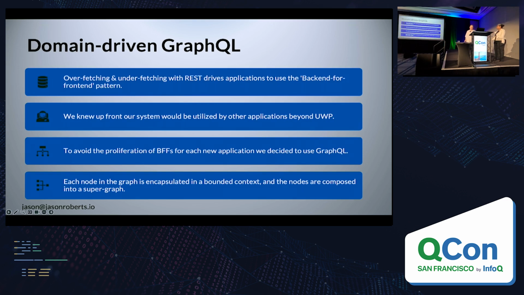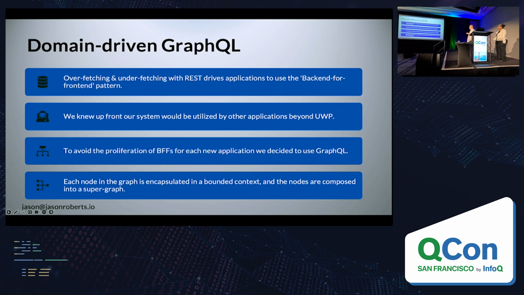And now I'm going to talk about how GraphQL fits into the picture. The main benefit for us is allowing us to avoid the proliferation of backends for front ends. You may recall that earlier we talked about how we had this API integration platform. It was very big and unwieldy. It had many pre-prescribed layers by the fact that it's an out-of-the-box solution, and there were many dozens of backends for front ends designed there. One of those silos we talked about. So to avoid that, that's where GraphQL comes in. And I'm just going to talk specifically about the overfetching and underfetching problem, which is what GraphQL helps to solve.